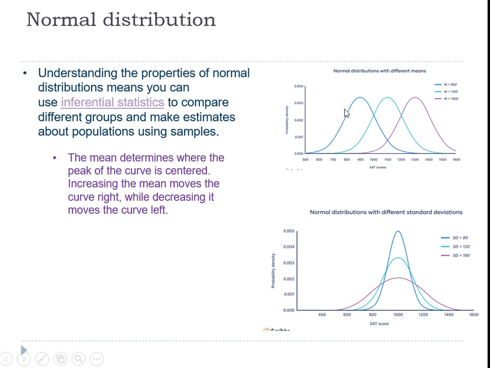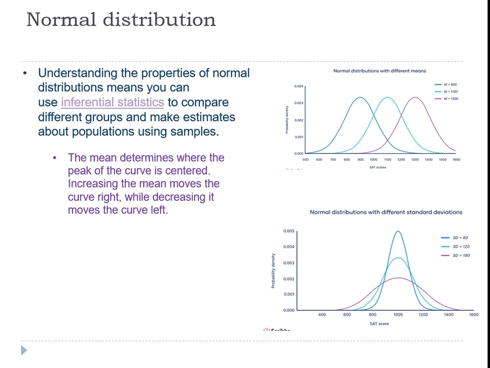If you see, this is a normal distribution curve which I'm going to compare with this one as well as this one. As you can see, here the mean is around 900, here the mean is around 1100, and in this case the mean is around 1300. So what we observe here is the normal distribution moves to the right as the mean value increases, or moves to the left as the mean value decreases. So you use the normal distribution to make a comparison between the different groups.